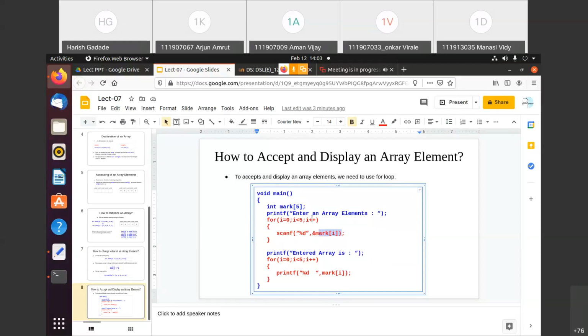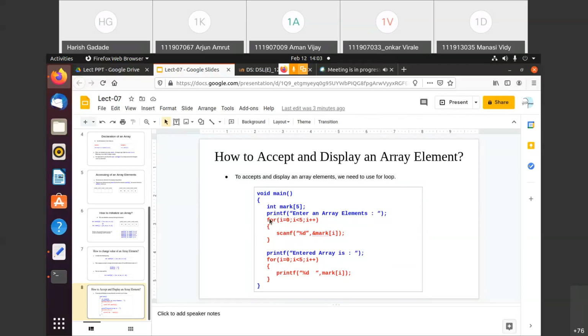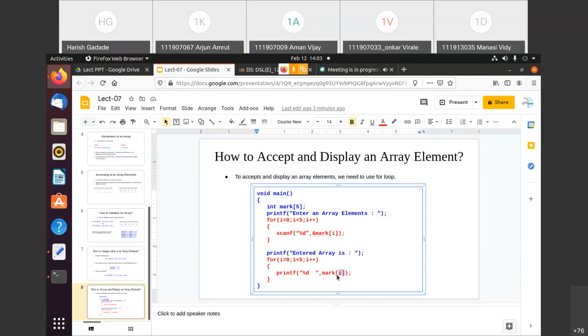Then when that i will increment by 1, so when that i value becomes 1, whatever the entered value will be stored here at mark 1. Getting this? So using this one, we can accept the 5 elements, or whatever number you want to accept, you can accept using this part. And that same array, suppose you want to display, so again you need to use any loop, and you can use this printf. And see, this is the regular syntax. Only here this is the different one. Getting this? Because this is an array.